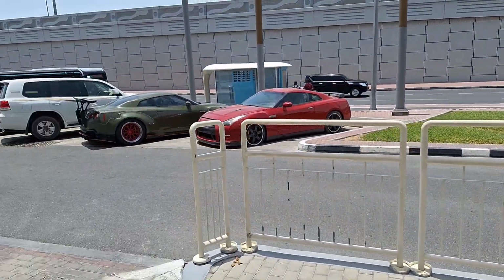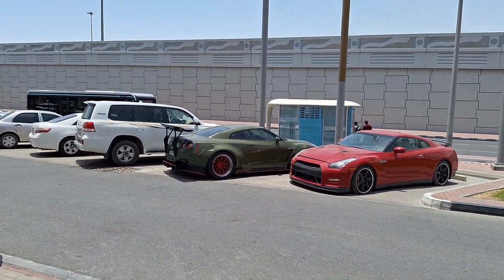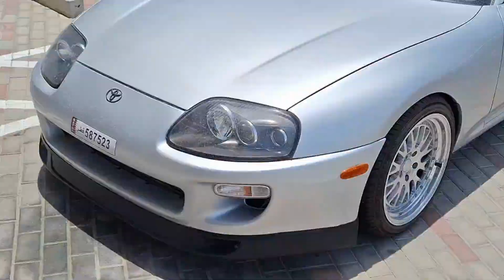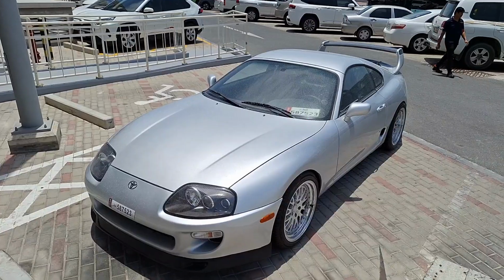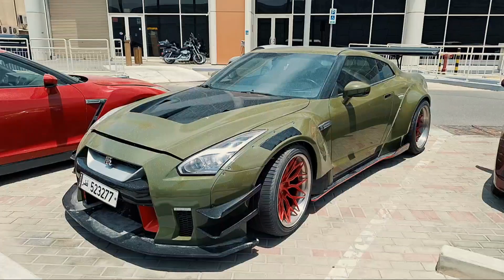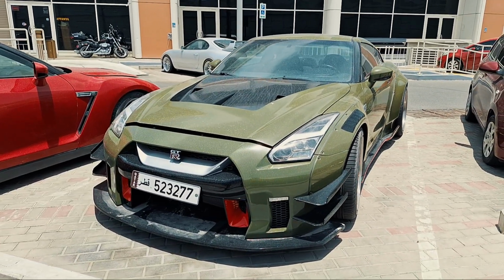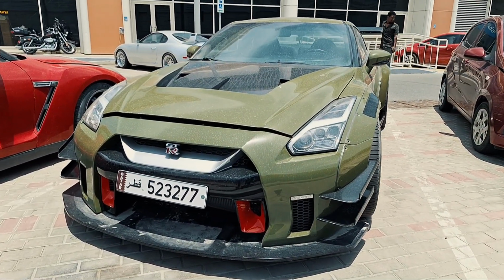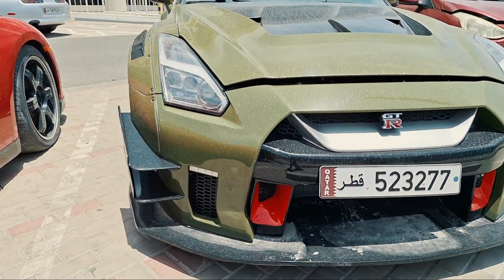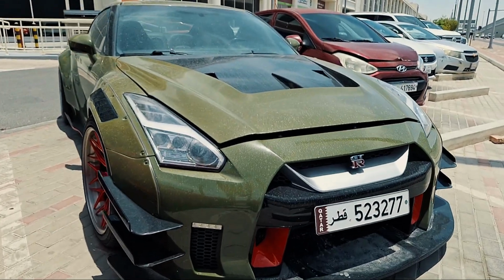And there we have the famous Nissan GT-R Liberty Walk R35 and the famous Supra that all of us know what it is. Now, a lot of you guys have been asking, is this car expensive? I'm going to have to tell you guys, yes it is. But you don't have to just look at the price tag of this car. If you have the budget for a car like this, just buy it instantly, and you will feel